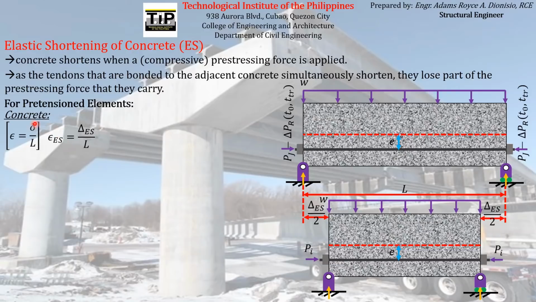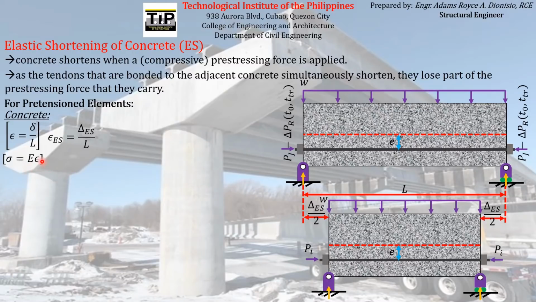And that is just equal to the deformation of the concrete, which is delta ES here, the total deformation, divided by the total length of the concrete, which is L. So that is the equation for the relationship between the strain, the actual deformation, and the length of the concrete as it shortens. And then, since we assume from the very first discussion that our concrete at this particular stage of pre-stressing operations is still elastic, therefore it still